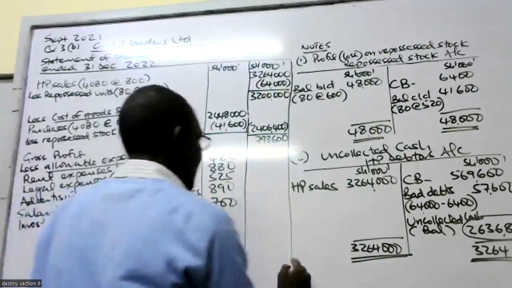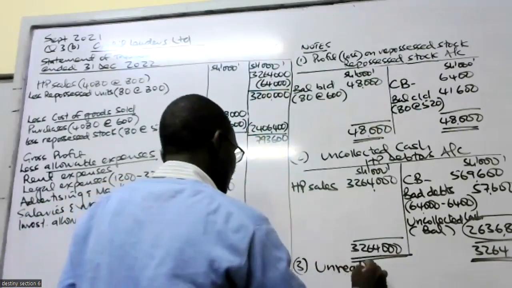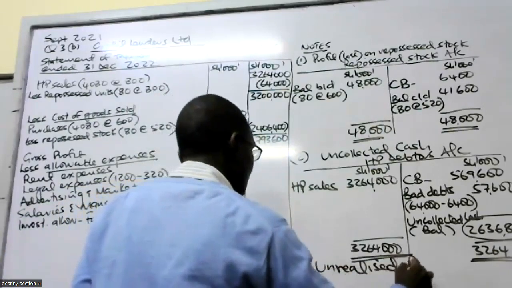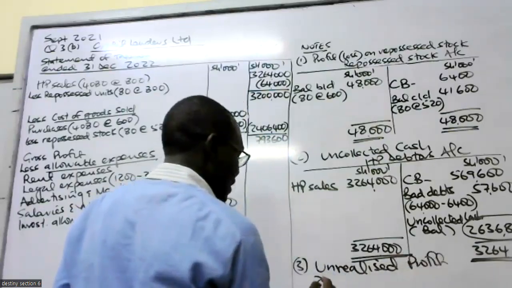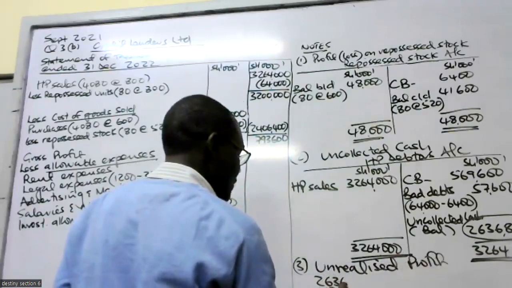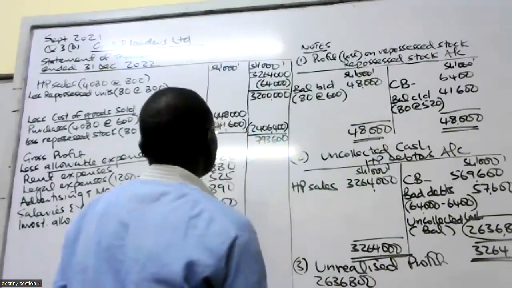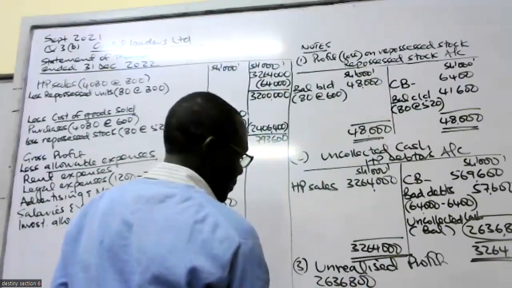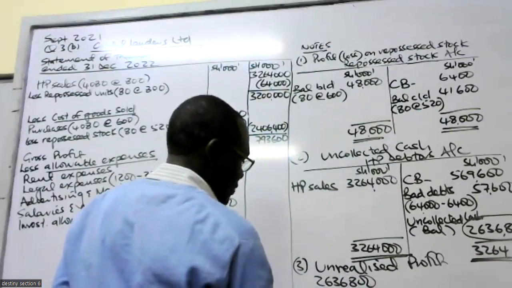So our unrealized profit figure would be uncollected cash, 2,636,800, divided by the total sales, 3,264,000,